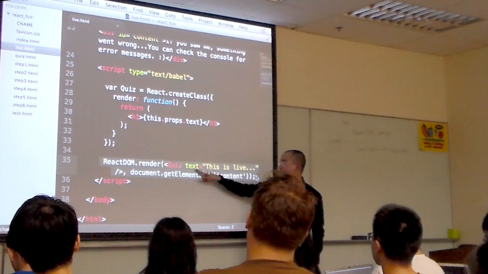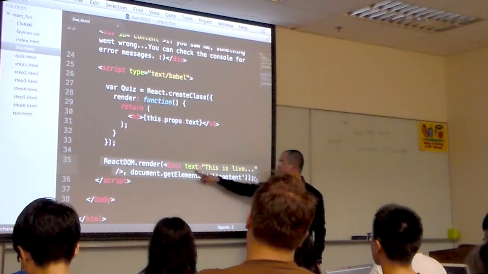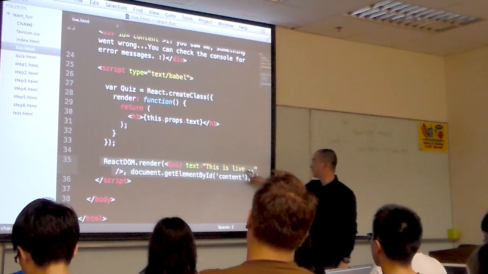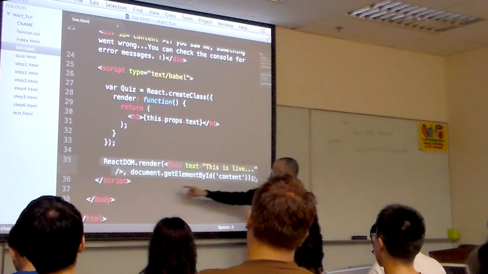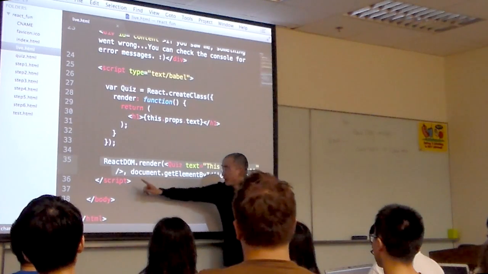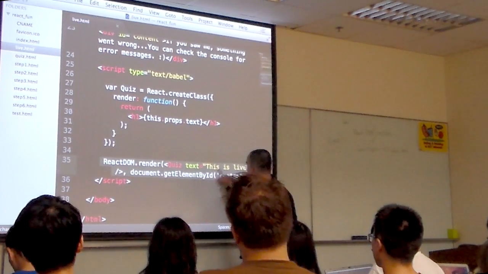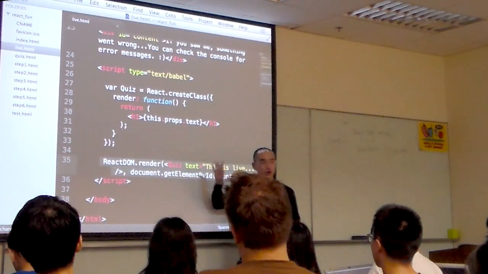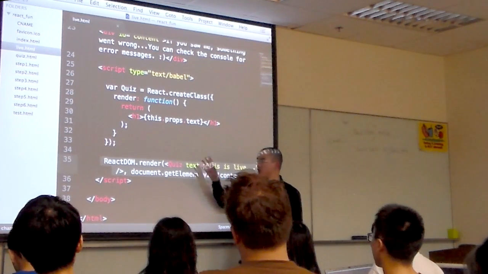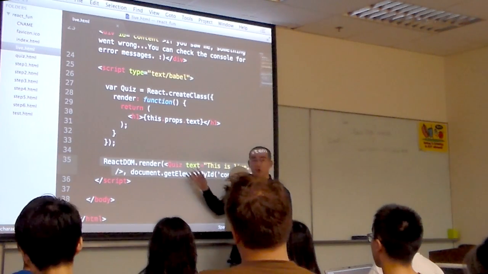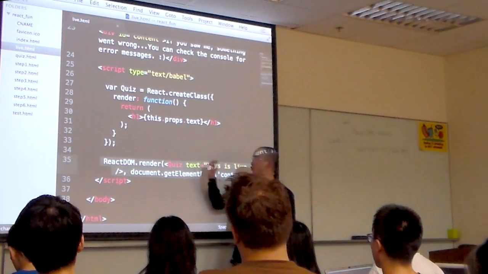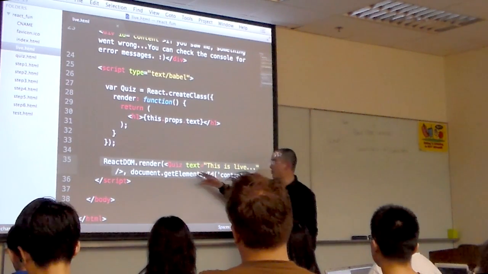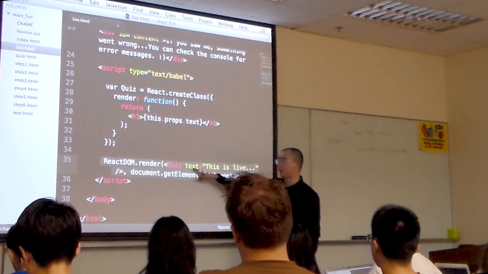I want to pass an argument called text, and the content is "this is live", right? And remember, this is XML, so you need to self-close that. So this whole thing becomes an element. This is like calling a function, right? This is instantiating a component, which is like calling a function. I call the quiz function, please create a UI component, a UI element, to which I pass the text argument,